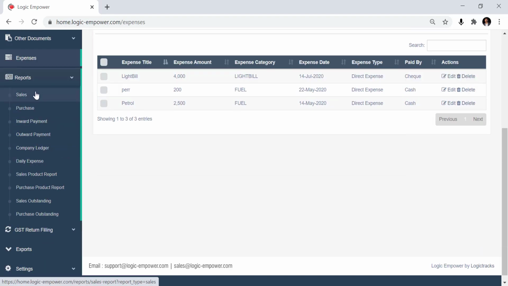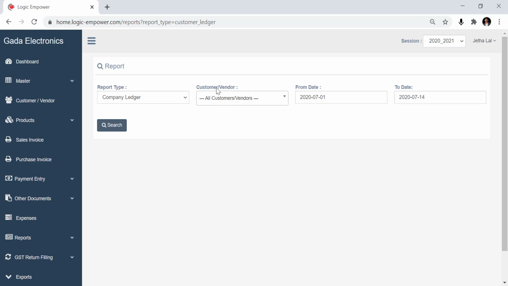Reports. We have given a variety of reports: sales report, purchase, inward payment report, outward payment report, company ledger, sales product wise report, purchase product wise report, sales outstanding report, purchase outstanding report. So let's come to the company ledger.